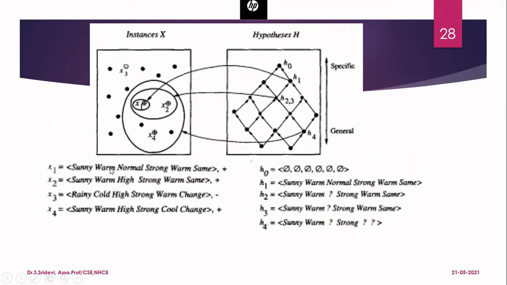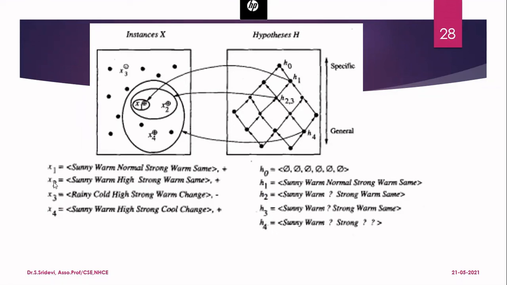So far in the example, we have considered 4 instances. They are x1, x2, x3, x4. Whatever is given in the table is written. Plus stands for a positive example. Minus stands for a negative example. We started with hypothesis H0. It is the most specific hypothesis. For all the 6 parameters, we have null. And we have learned a total of 4 hypotheses from that: H1, H2, H3, and H4. Out of those, I told that 2 hypotheses are the same. H2 and H3 are the same.